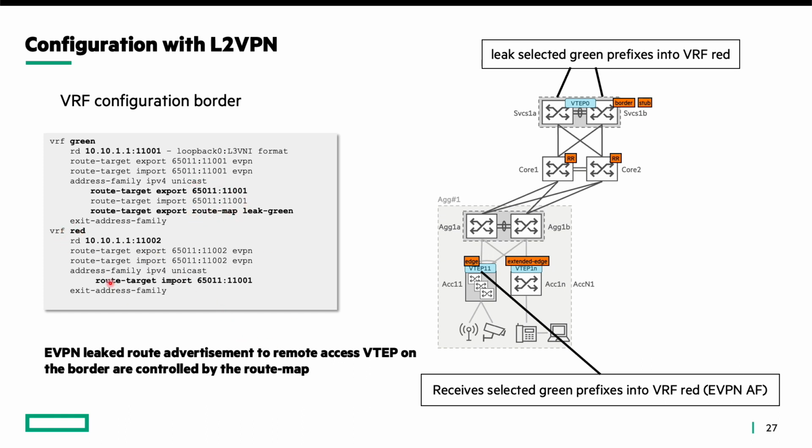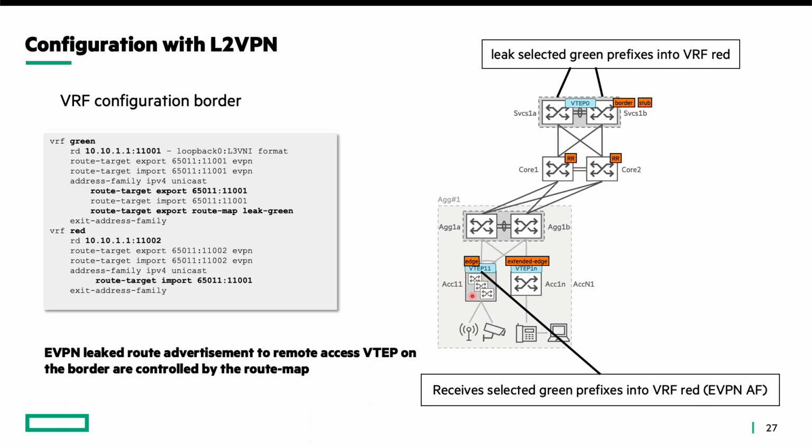On the VRF red, then you will import this route target that has been set in this IPv4 address family, and an access VTEP, which is receiving the different VRF routes through the EVPN address family,